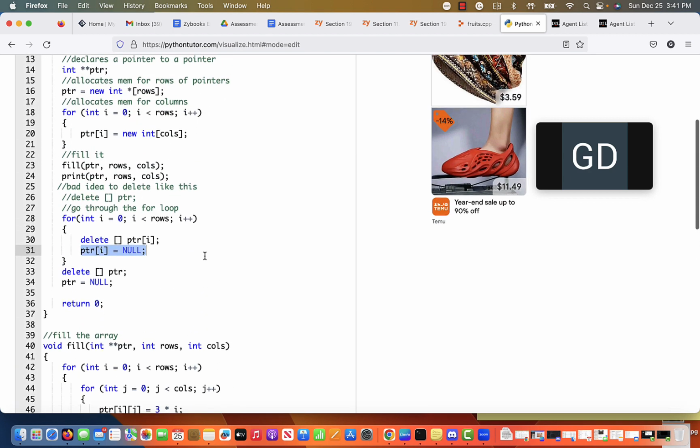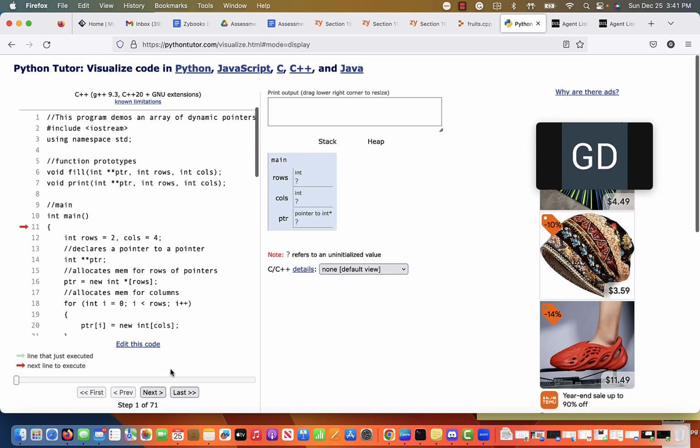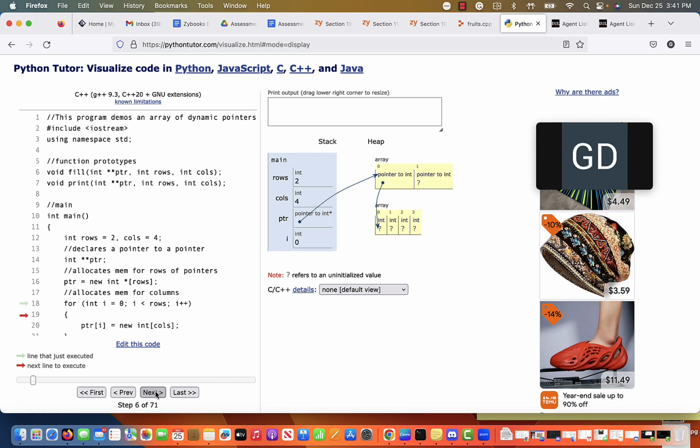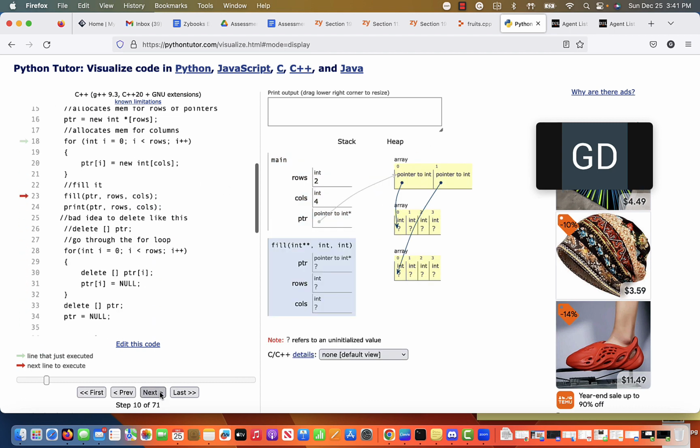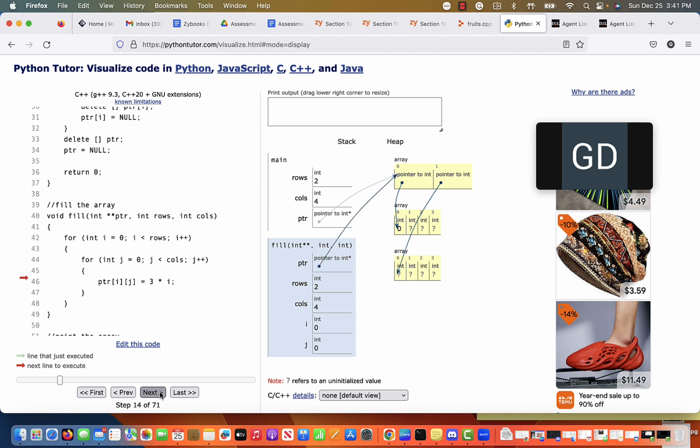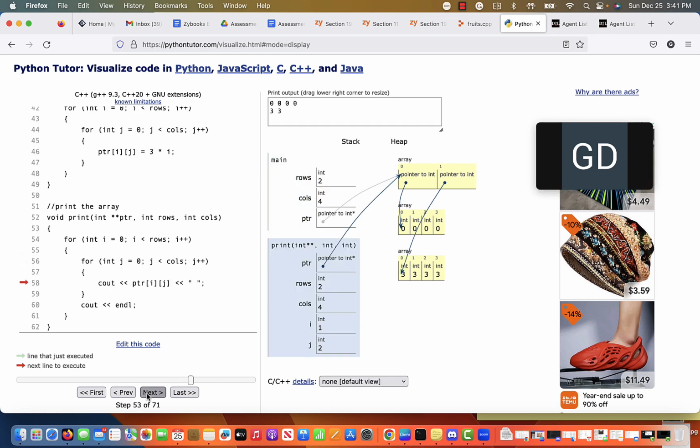So if you go through this one more time, and we can go through this really quickly because we know exactly what we are looking at. We create the row, then we create each one of them, then we fill it. There we go, it's done. Then we go print 4 more numbers. Okay, printing is done, and we go back